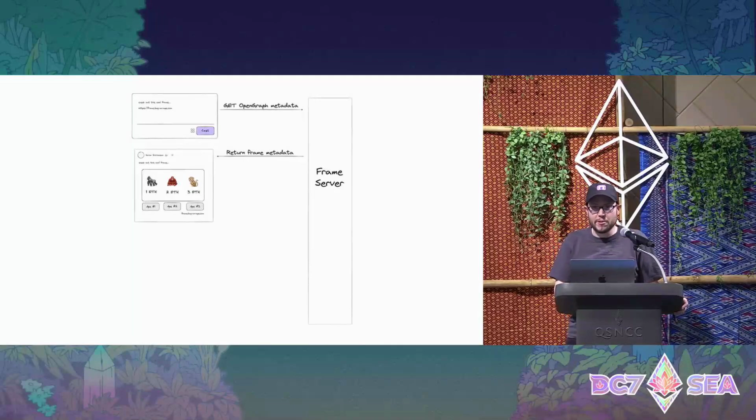So clients will typically cache this initial frame. In fact, in Warpcast, they're cached quite heavily, so we can build feeds and render them quickly, which is kind of a common frame gotcha. So be careful about this in that your layout and your initial image will typically be cached.